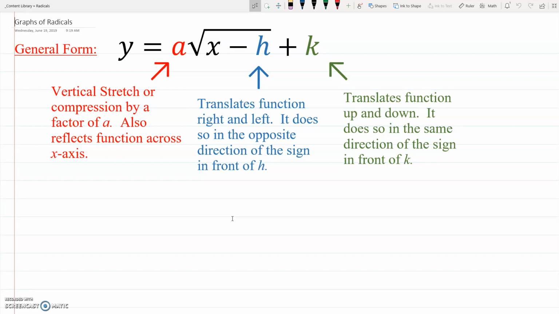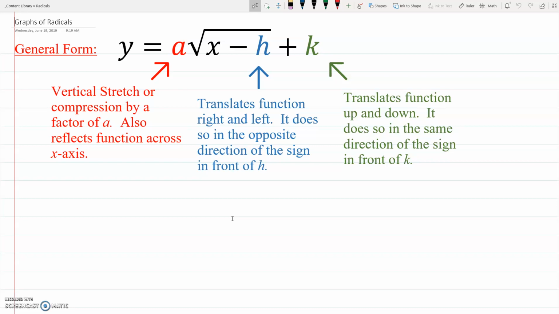If there's an h, meaning if there's something underneath the house, underneath the radical with x, it's going to translate the function right and left. And it does so in the opposite direction of the sign in front of h. That's because the formula says x minus h, kind of like the opposite of h. So if I have x minus 5 underneath there, that means my function is actually going to move 5 spaces